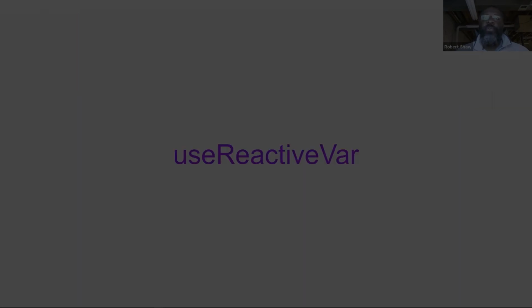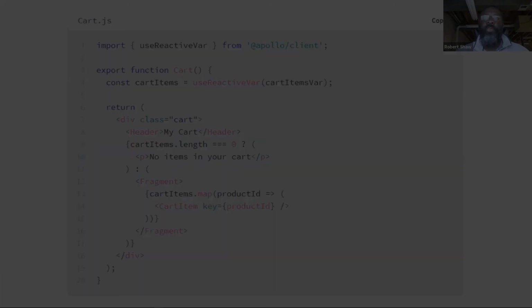And then for your components that care about the state of this value, they would use this hook, useReactiveVar. And so this is a cart component that would use this useReactiveVar and pass in this cart items var. And then you get the cart items, and this component is going to re-render every time there's an update just to the cart items. And then you would compose your view with the cart items. So with that in mind,